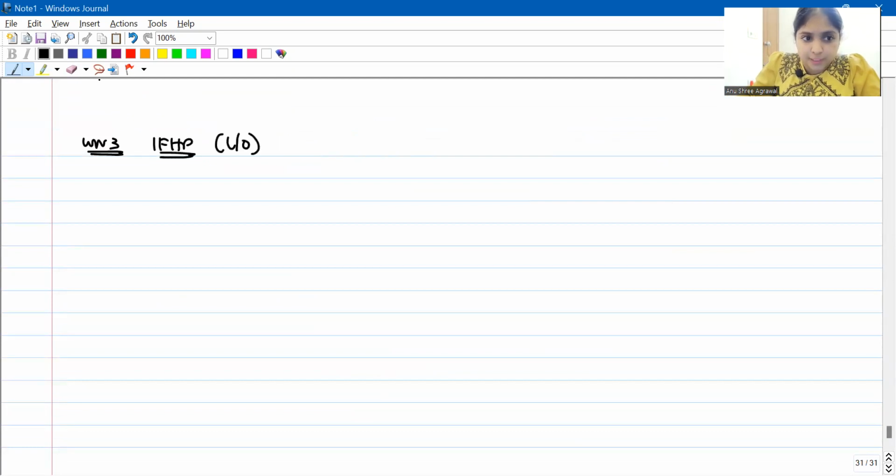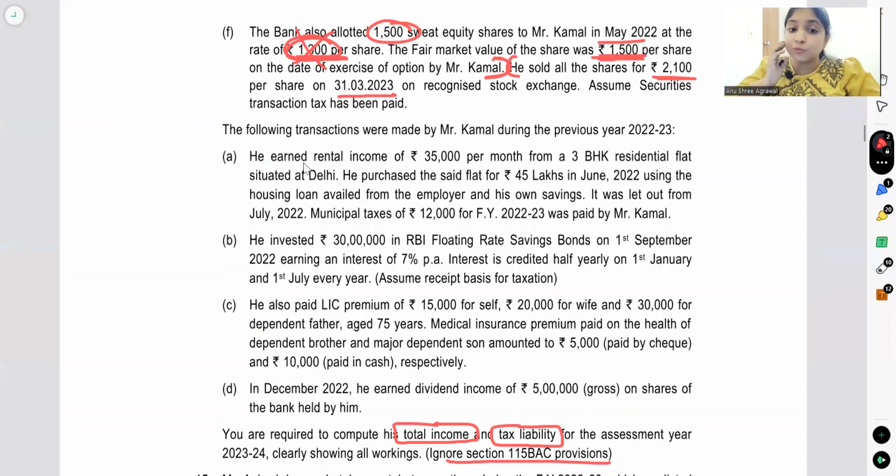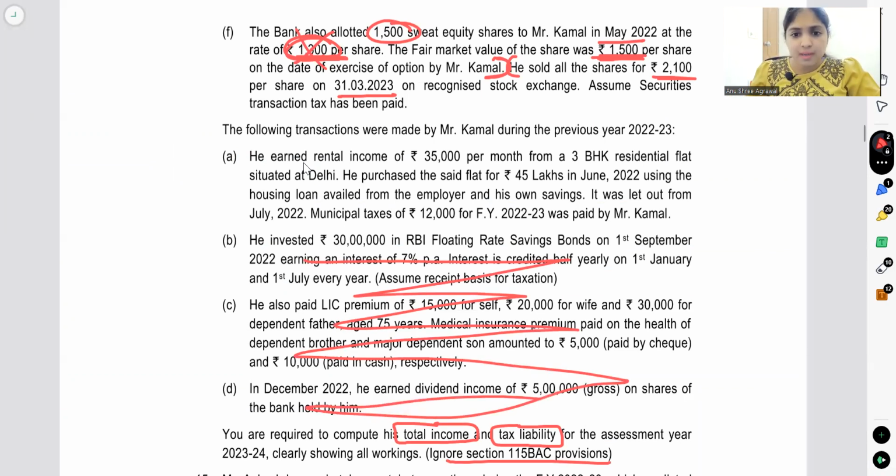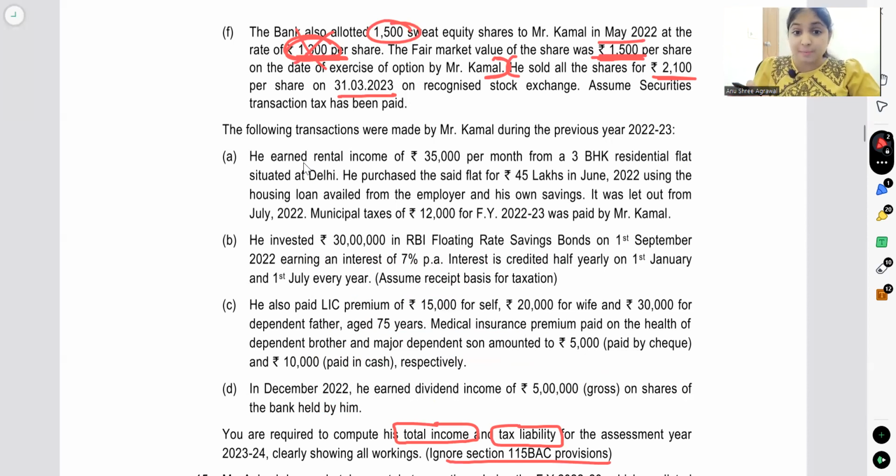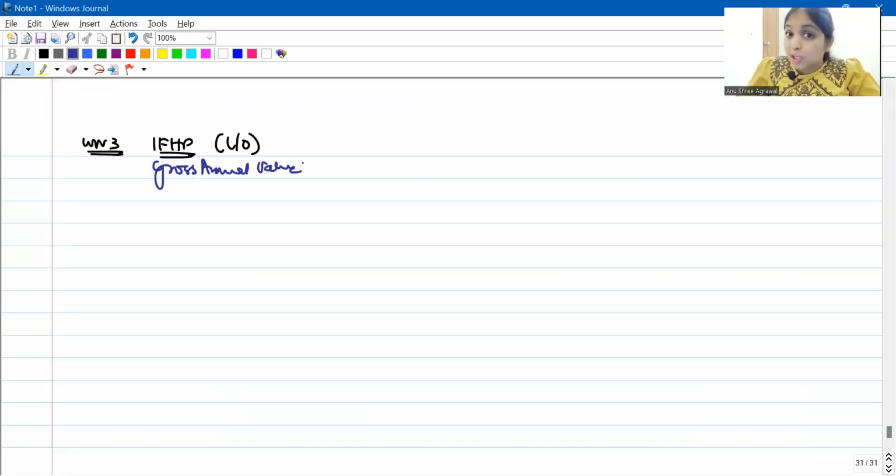This is a let out property. Let out property, how do you start? You start with gross annual value. But have they given us municipal value, fair rent, standard rent? Have they given us those 3 numbers? Here we just read, we did not have those numbers. A quick glance at the rest of the question. They haven't given us all the 3 numbers. So when they don't give us any of the 3 numbers, you can use a shortcut. The shortcut will be actual rent